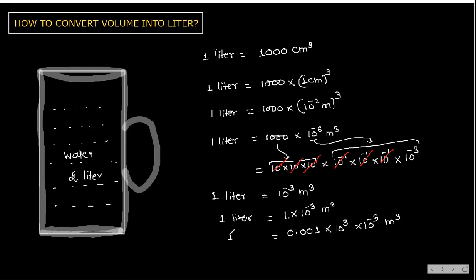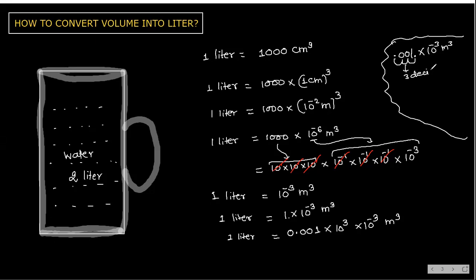Yes, sir. Sir, once explain the steps. Yes, sure. You can see here, this is what I am keeping in the box. This is actually 1 into 10 to the power minus 3 meter cube. So the decimal is here. I am shifting how many places? 1, 2, and 3. It means one more 0 I am adding here, and I am shifting like this. So how many decimal places? 3 decimal places towards left.